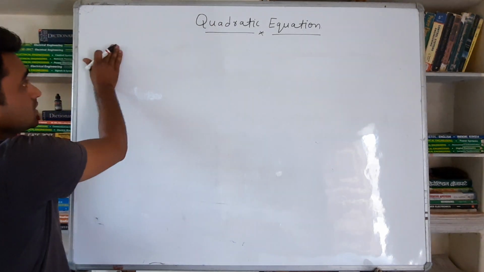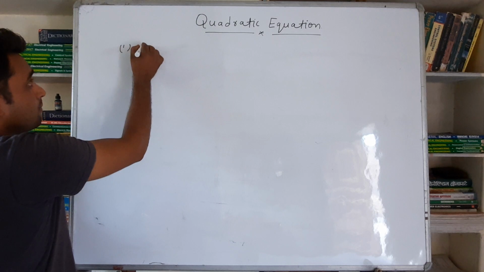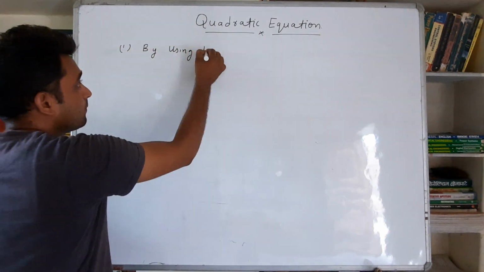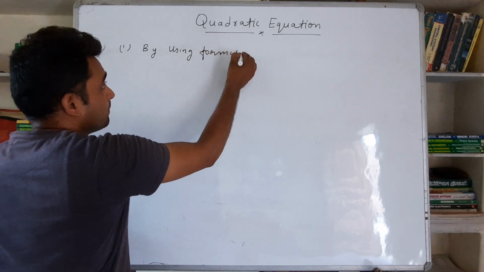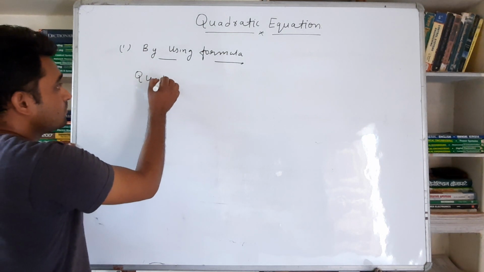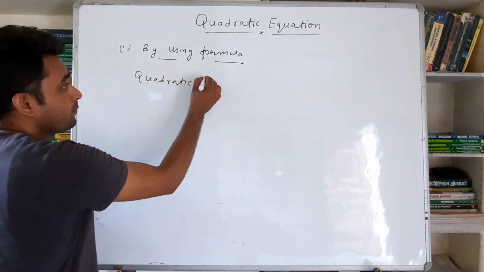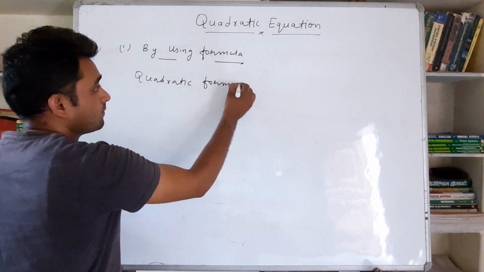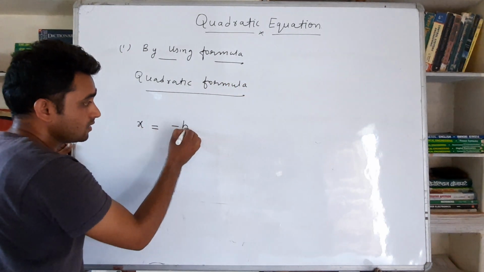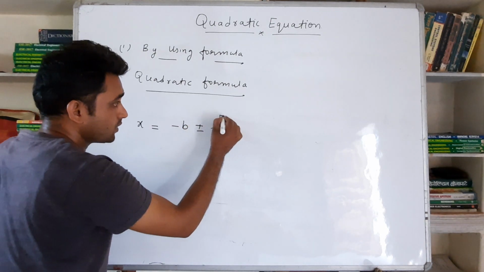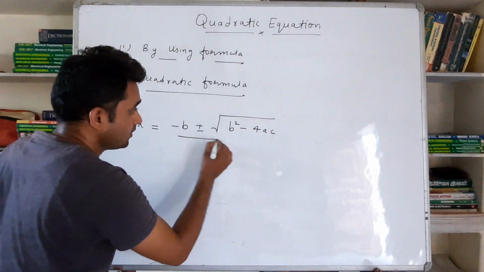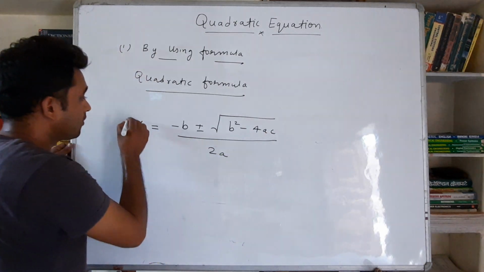The first method is by using the quadratic formula, that is x equals minus b plus minus square root of b square minus 4ac upon 2a. This is our quadratic formula,